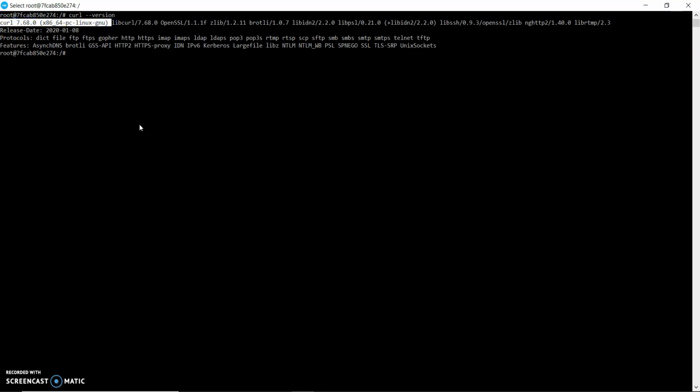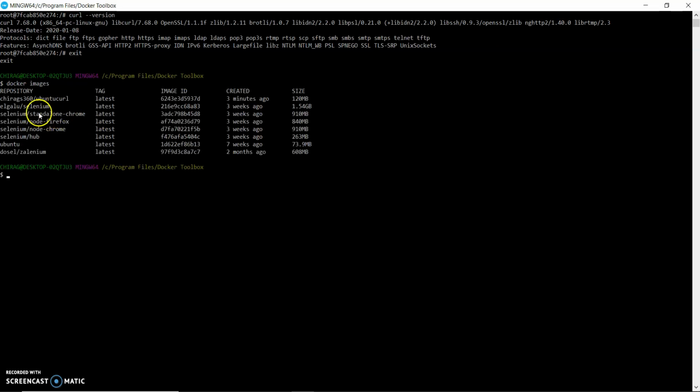So this is the way we can build our own images, and customize the image which we need by using Dockerfiles and building that image. In this way we can create a new image and use it. This feature is very useful.